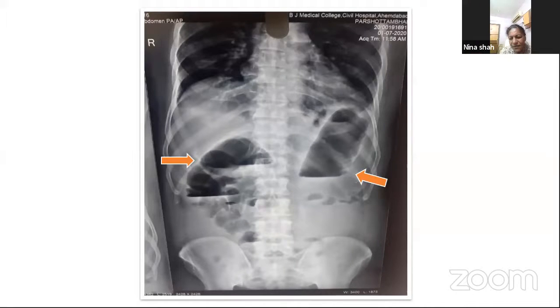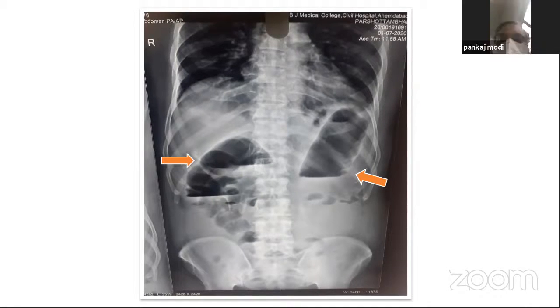What comes there? It is a transverse colon. You can say it is going medially. So that is the air fluid level in the transverse colon going up to the hepatic flexure. It is oblique and going transversely, not going straight downwards. If it is going straight downwards, it is the descending colon.